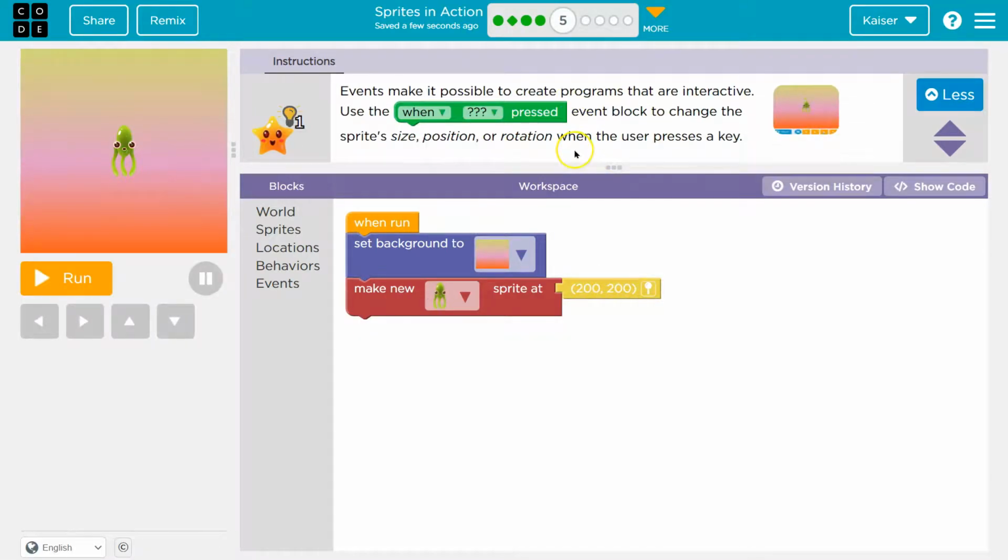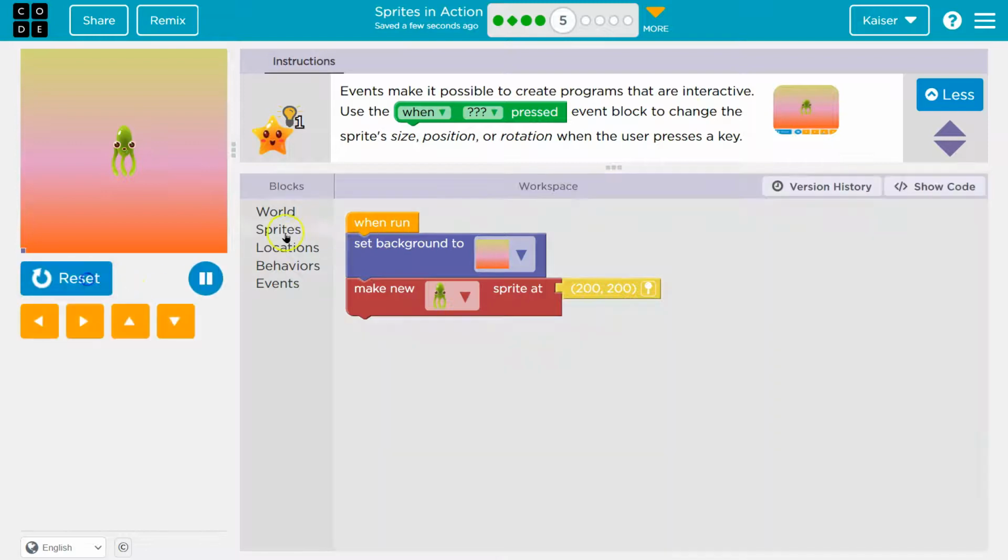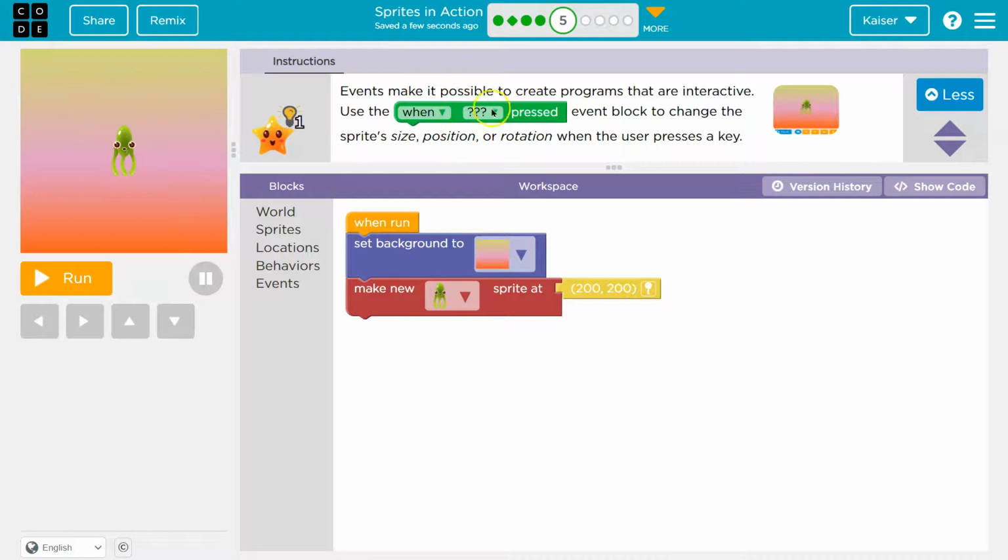Key events. Events make it possible to create a program that is interactive. Use the when blank pressed event block to change the sprite's size, position, or rotation. Yep. So when run, it's not really an event, but when I hit run, right, stuff happens here. Now we're going to use an event when